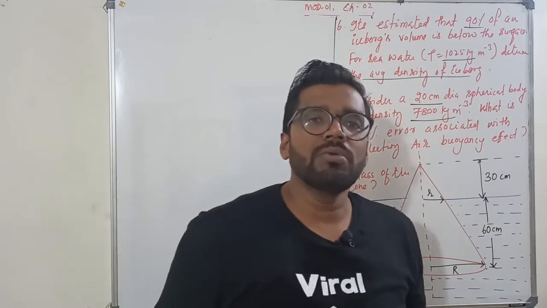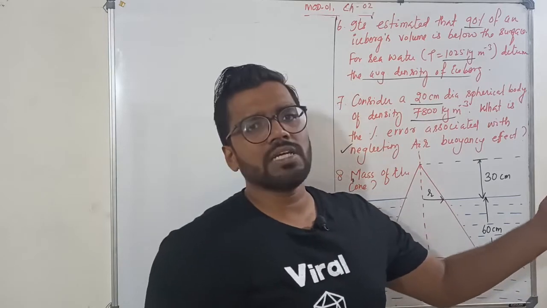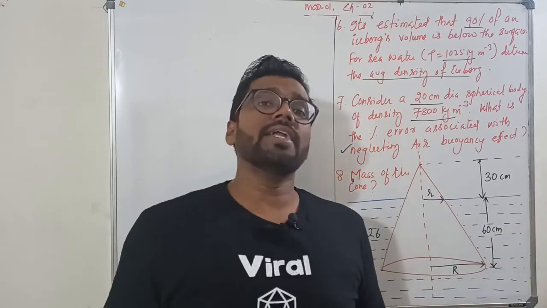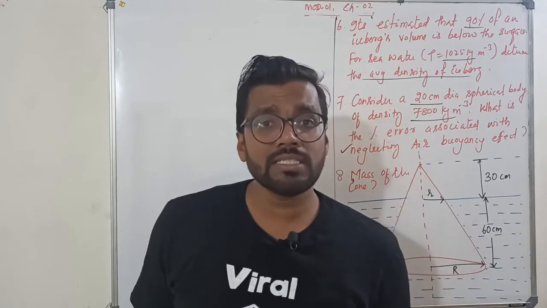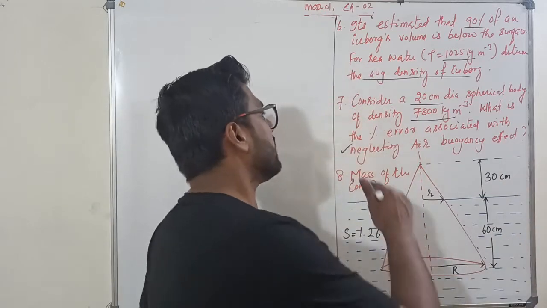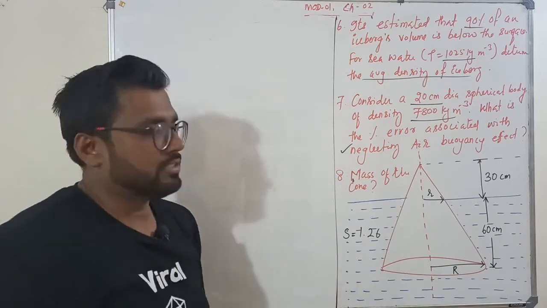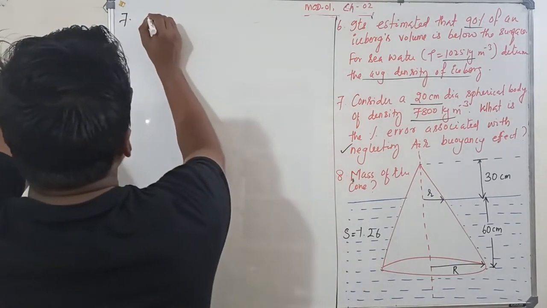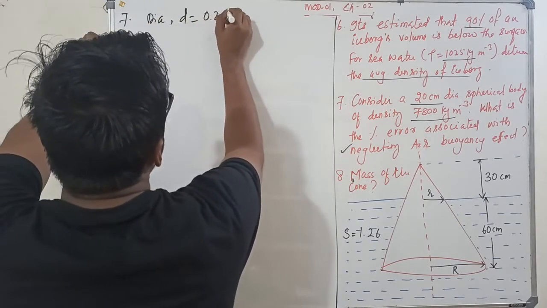Normally if someone asks what your weight is, I'll say my mass is 80 kilo, times g, let us say 10, so 800. But buoyancy is also acting, air also exerts some buoyancy force, which we neglect all the time. In this question, they are asking what the percentage error is if you neglect the buoyancy force. Okay, we'll calculate. What is the diameter? D is given as 0.2 meter.